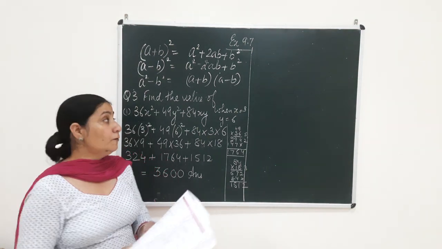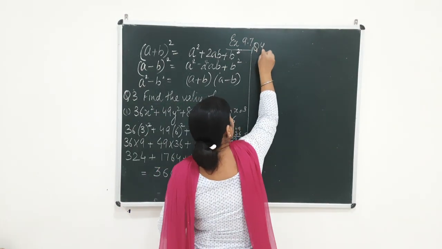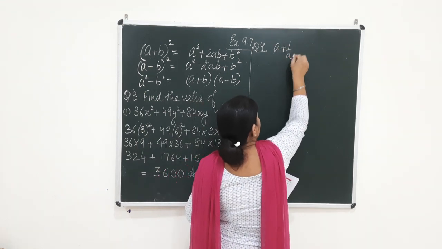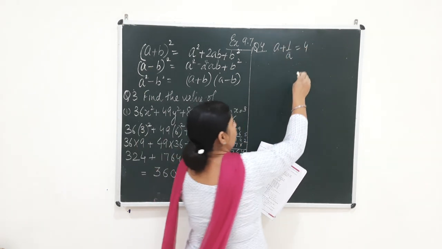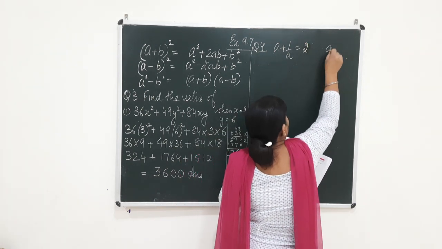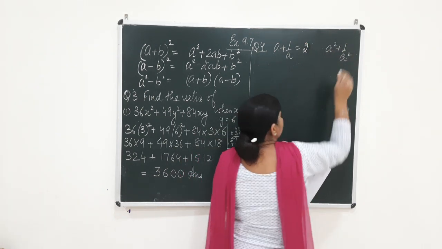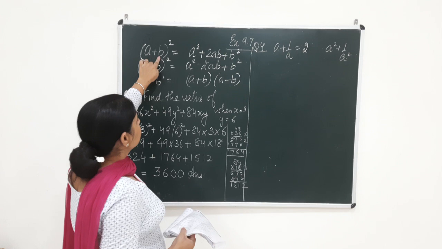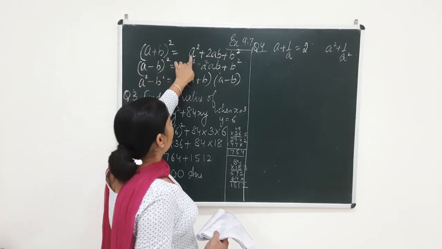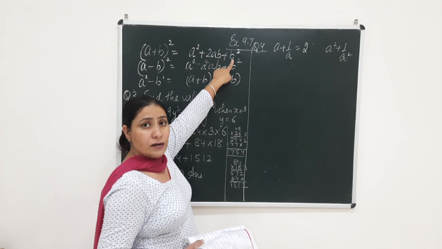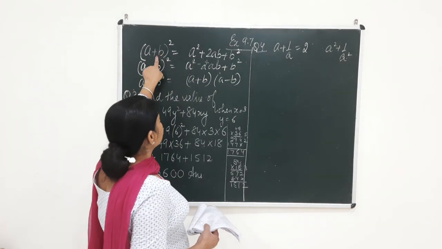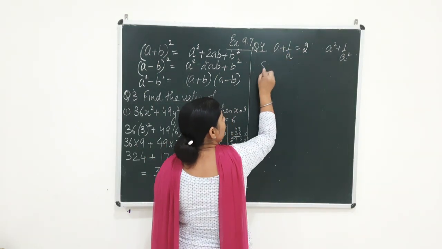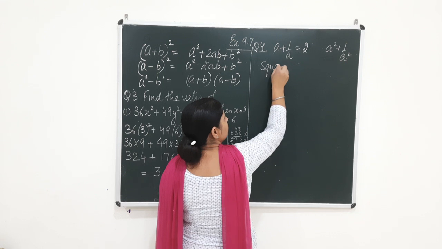Now children, I am going to take up the fourth sum. In question number 4, beta, just see, I am given a + 1/a is equal to 2. And I have to find the value of a² + 1/a². Now children, if I just see here, I have got these terms, and if I square this, I get a² and b². Clear? How do I get this? By squaring this (a + b). So this gives me a hint that if a + 1/a is equal to 2, let us take squaring both sides.